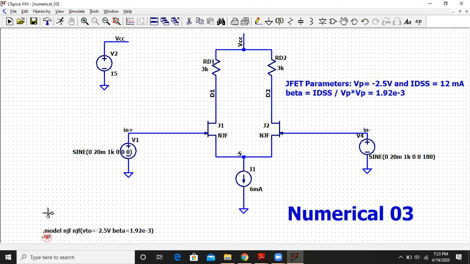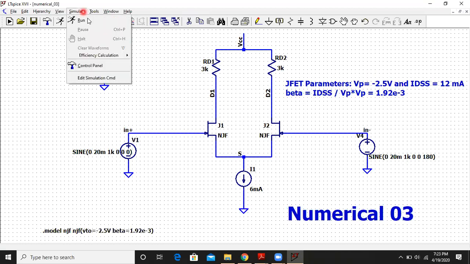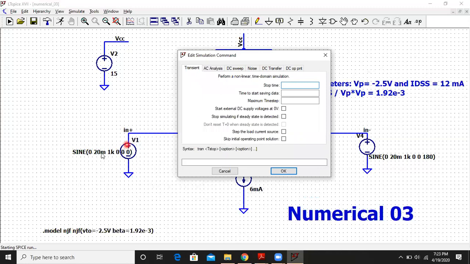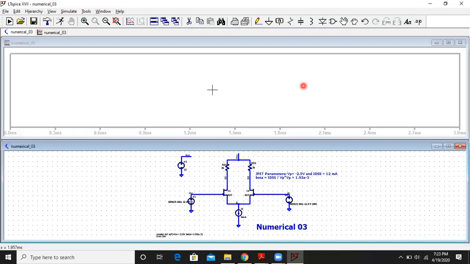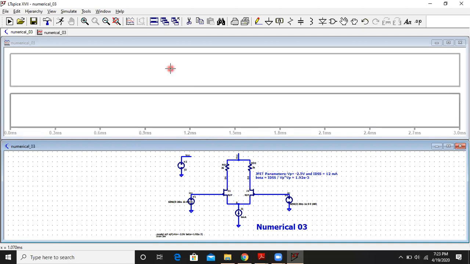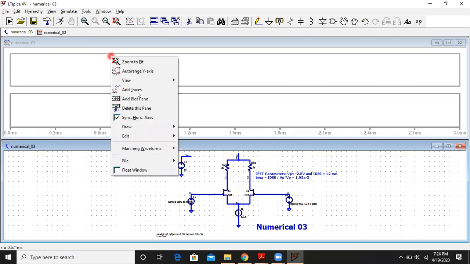differential outputs and inputs. So for that again we have to go to simulate, click on run and go to transient analysis. Here we have already built up the circuitry. So our input is of 1 kilohertz frequency. So we'll put here 3 milliseconds. So we will get immediately our output screen. Here we will divide the plane into two plane plots, one for the differential input and another for the differential output. So I will first plot the differential input.